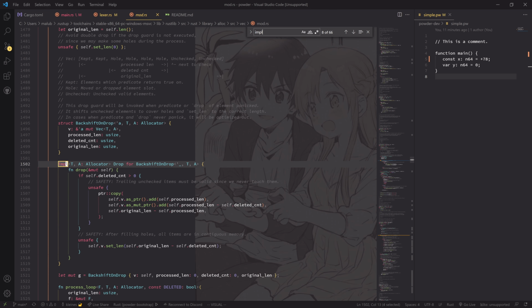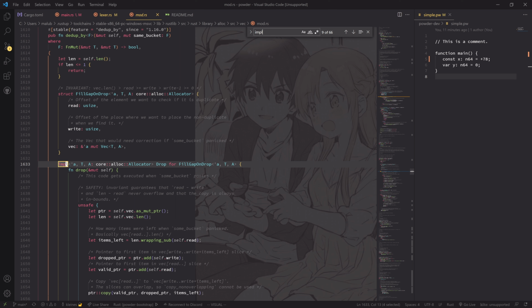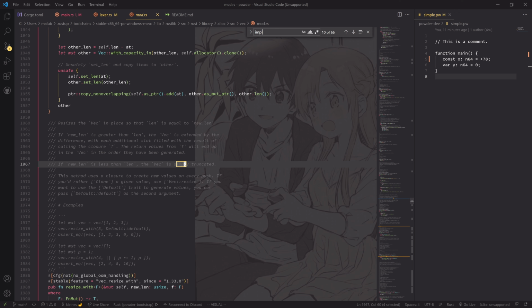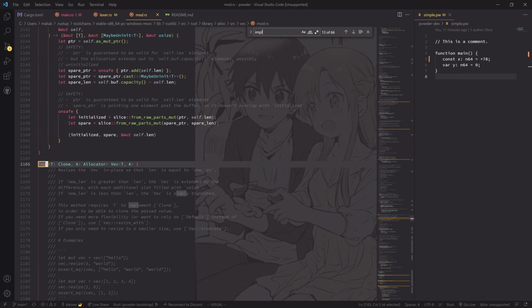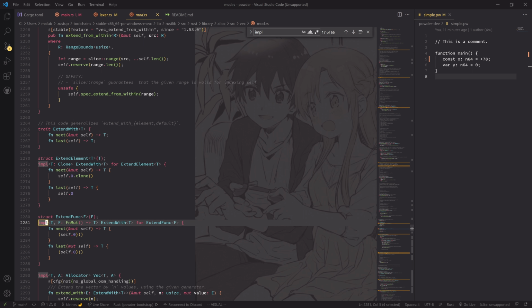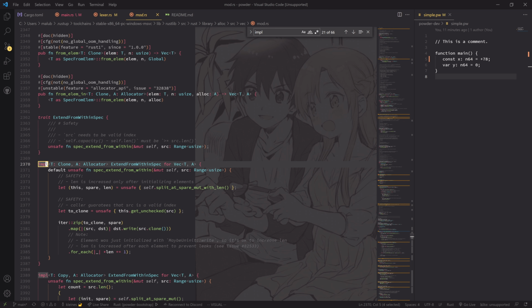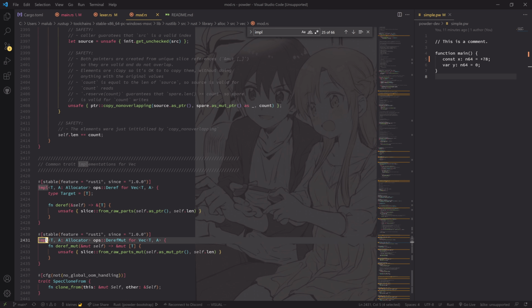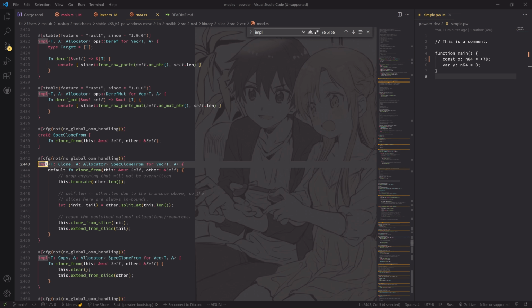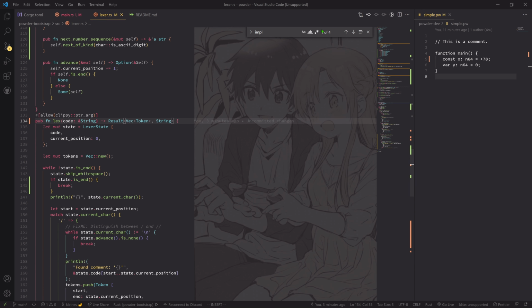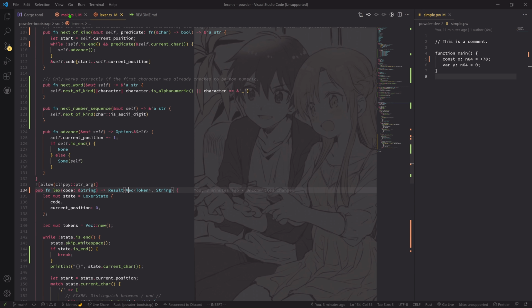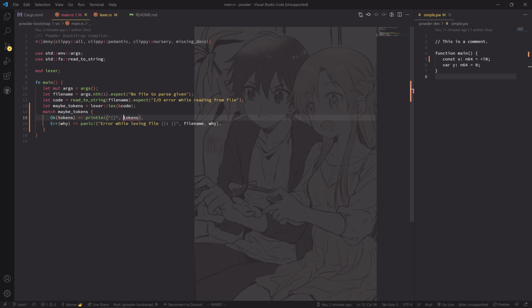Let's look at impl. Impl clone, T clone, blah blah. Okay, I guess it doesn't have an implementation. Anyways, what we can do in that case is